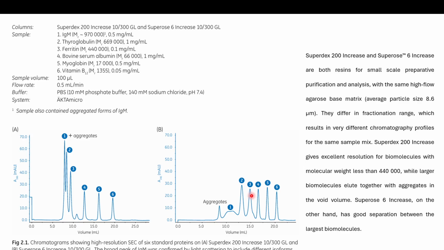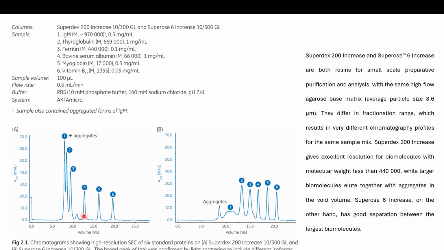However, the elution profiles look very different. The resolution efficiency of both these resins is very different for these 6 proteins, right? So they have a different fractionation range and very different chromatographic profiles. And Superdex 200 Increase, the first one, gives excellent resolution. Actually, you see the peaks are really well separated for